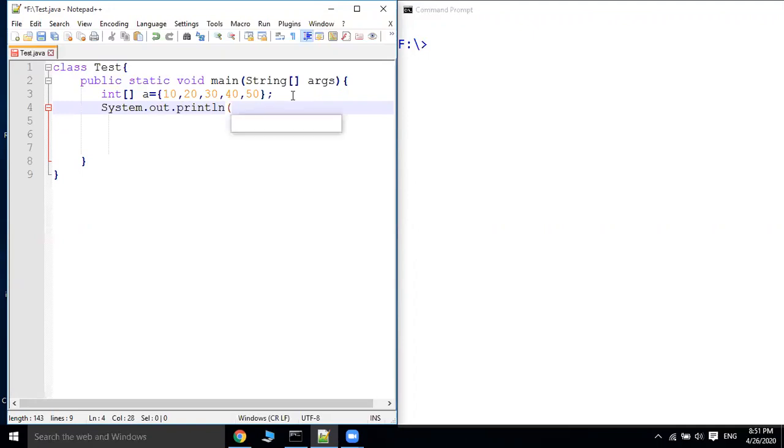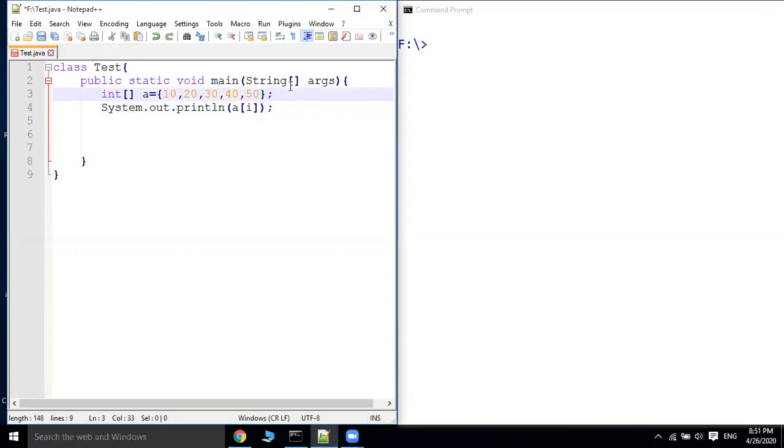To display the elements of the array, we need the index i, that is A of i. The index i varies from the first element to the fifth element. What is the index of the first element? This is 0, this is 1, 2, 3, 4. That means we need to iterate the index from 0 to 5 minus 1, that is 4.